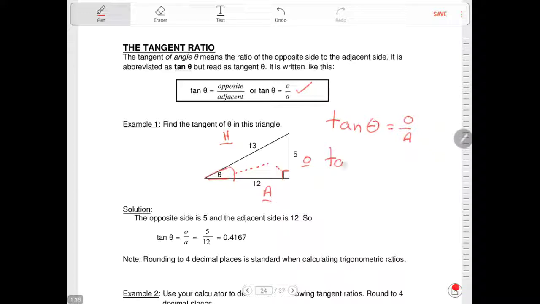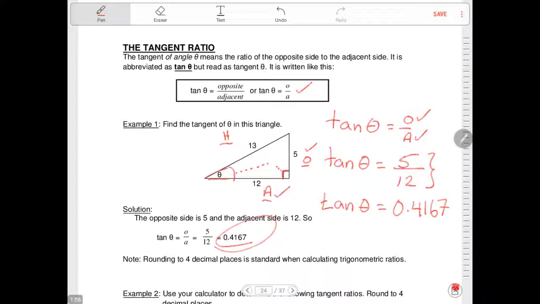So tan of the angle, it's O over A. What is our O value? Our O value is 5. And then it's A, and our A value is 12. This is the correct ratio unless they want you to give it in decimal form, which you can see right here. It gives you